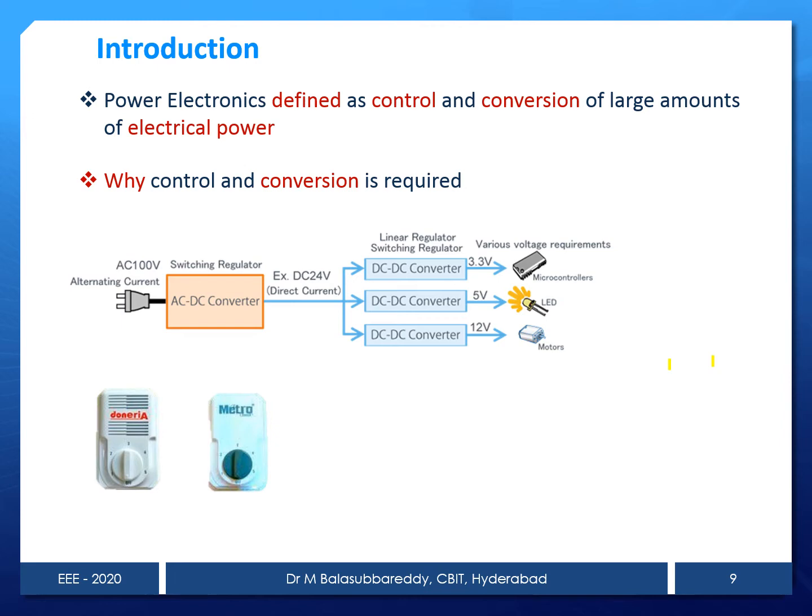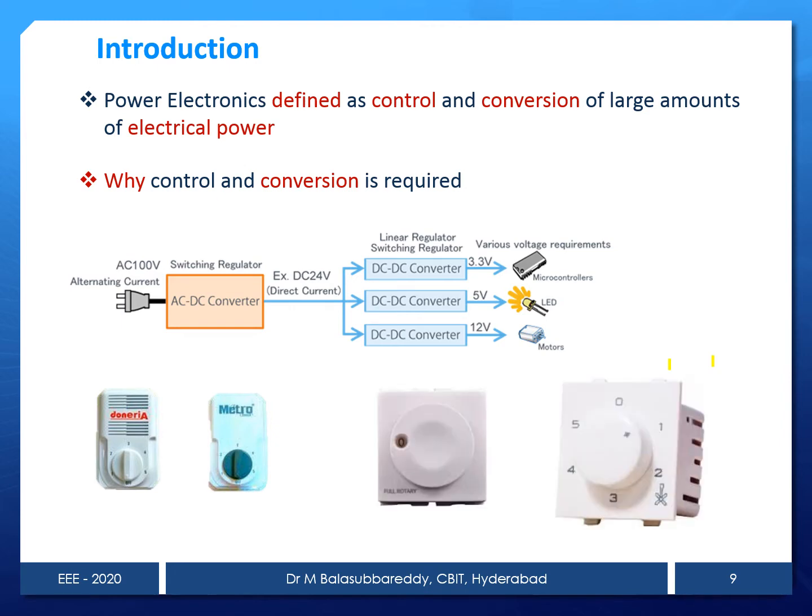Another drawback is that we are using a rheostat or resistors to control the speed. That is a major drawback, because power dissipation takes place. Another one is that smooth speed control is not possible using this type of regulator. These are the drawbacks if we use olden days regulators.